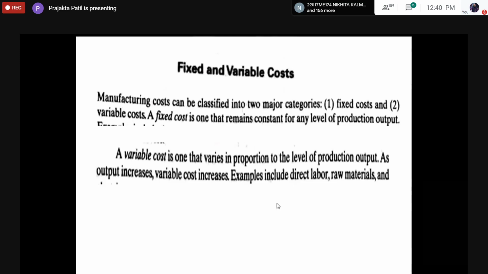Now, how do I explain this variable cost? Suppose you consider the labor cost, it is a variable cost. You pay the labor based on the work that the person has performed. When it comes to raw material, the raw material cost will depend upon how much output you're going to produce. So the direct labor cost, the raw material, or the power consumption cost, all of these are going to depend upon the output that is produced.